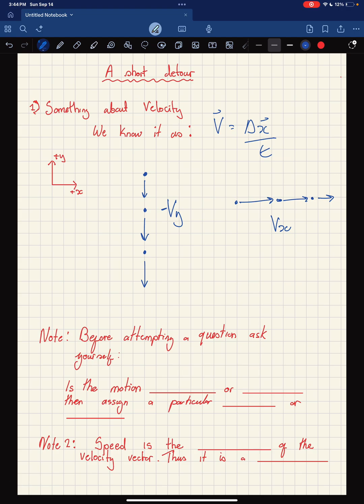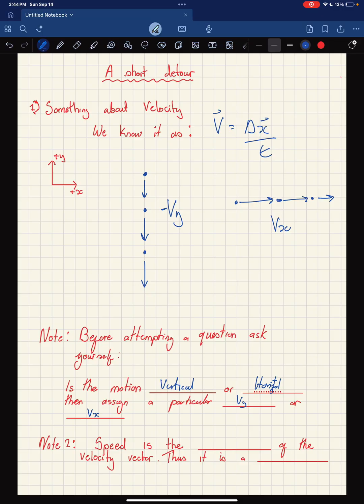So we should distinguish between vertical motion and horizontal motion when talking about our velocities. All right, we should always distinguish between vertical and horizontal motion. So here I say, before attempting the question, ask yourself, is the motion vertical or horizontal? Assign a particular vy or vx, respectively, to your velocity. And this is all about naming. If someone's walking on a street, that's definitely horizontal motion because they're walking. If someone's jumping from a cliff, hopefully no one's jumping from a cliff, unless they have a parachute,